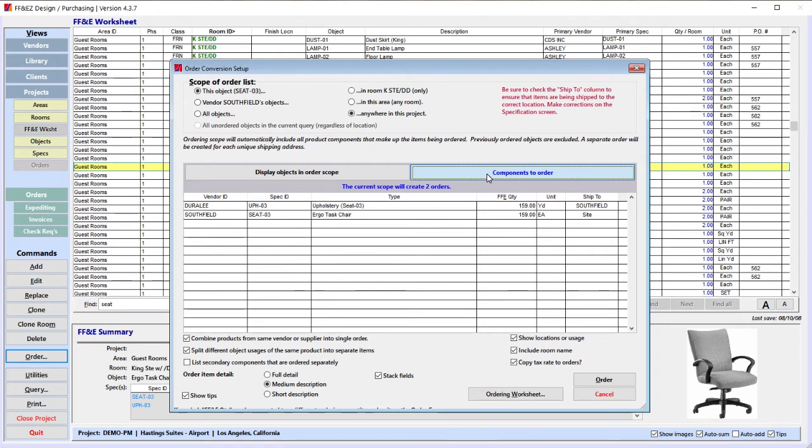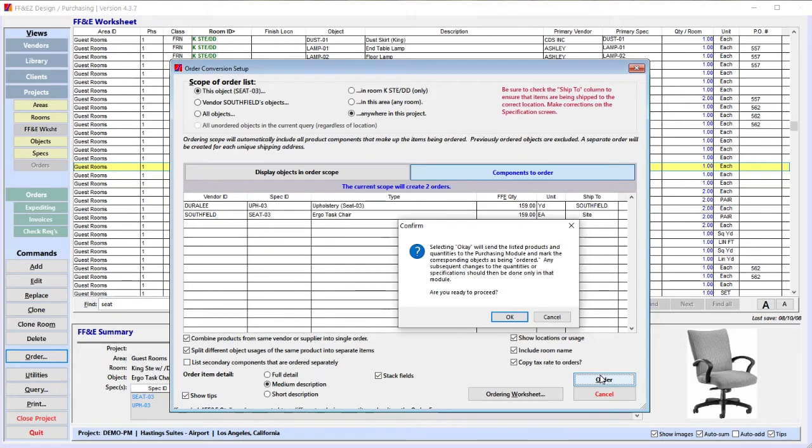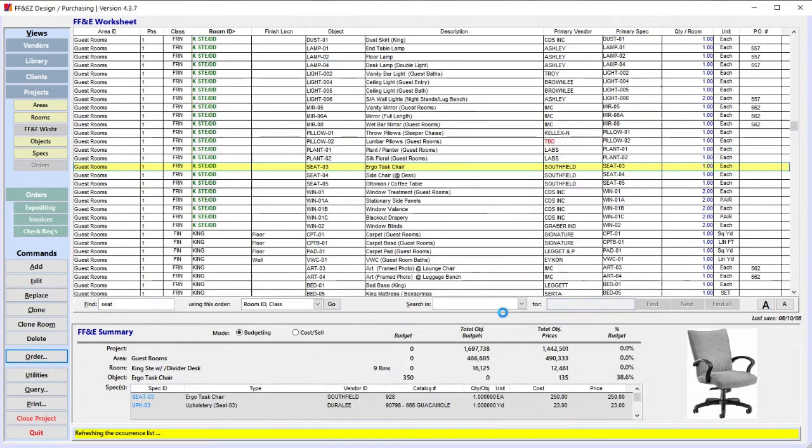Before you create the orders, you can print an ordering worksheet that prints everything that will be included for review and approval. Accepting the list of items to be ordered will generate as many numbered orders as needed. The order numbers for all the primary components will appear on the worksheet list to make it easy to see